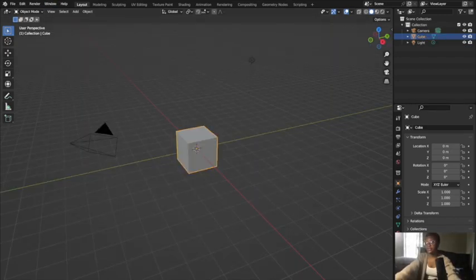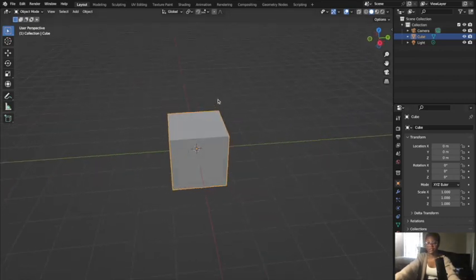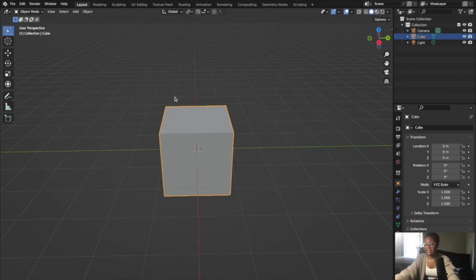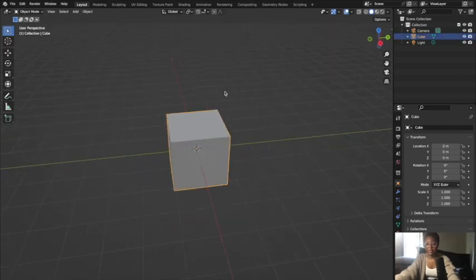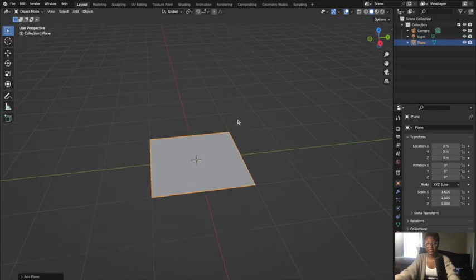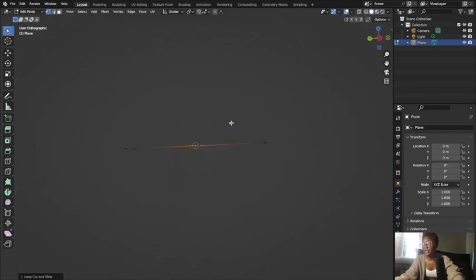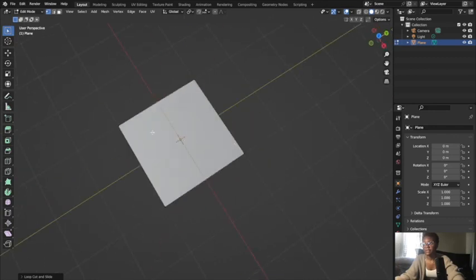Another very useful tool that I like to use, or that's very important, is the mirror tool. And this allows you to mirror a set of vertices over to the other side. So you can do this on the x-axis, you can mirror across the y-axis or the z-axis. But to demonstrate that, I'm going to go ahead and add a plane here, and I'm just going to create a cut in the middle of this mesh by pressing Control R on my keyboard to create a cut. Oops. And I'm going to delete this side,